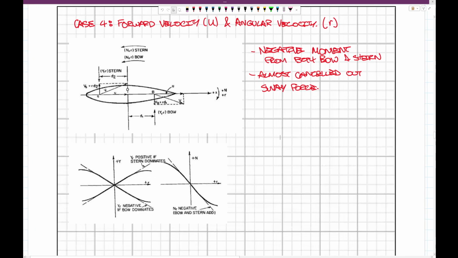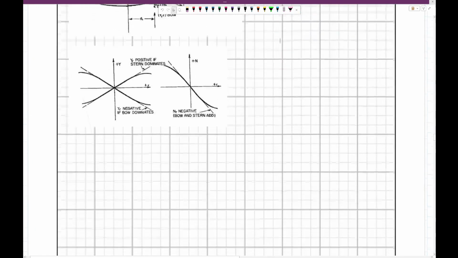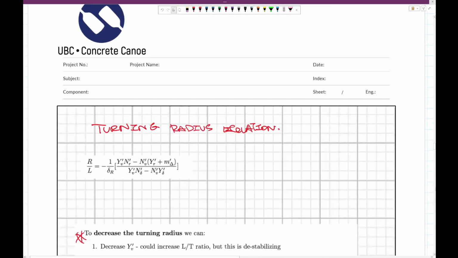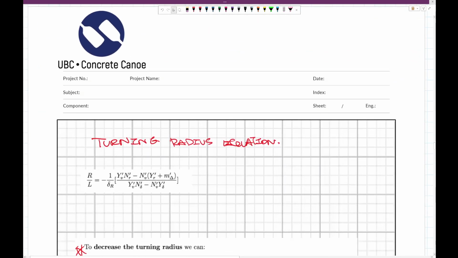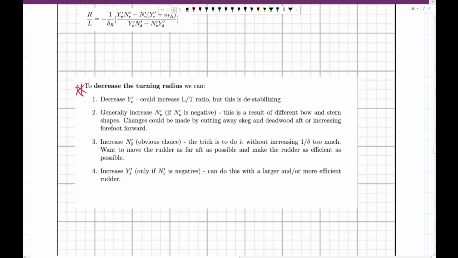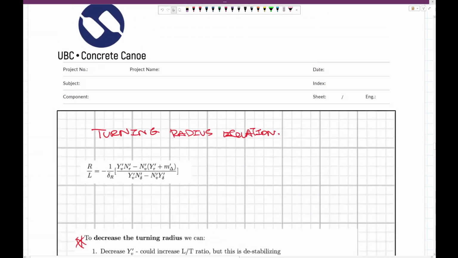Great, so that was sort of the last case. The next part we're going to talk about is the turning radius equation. I do want to note that I'm not going to discuss this because it's not entirely too important to canoes